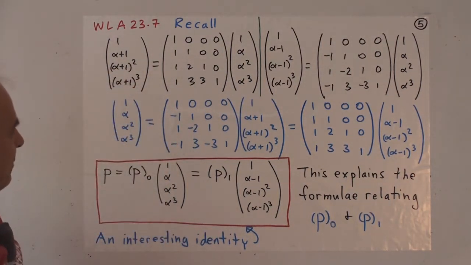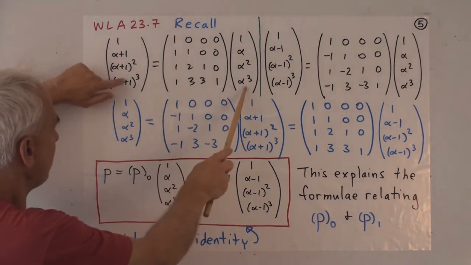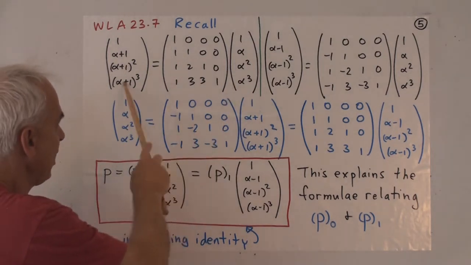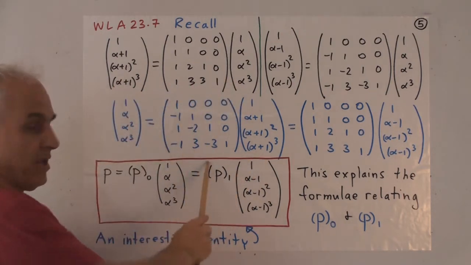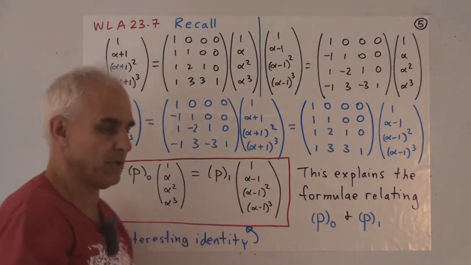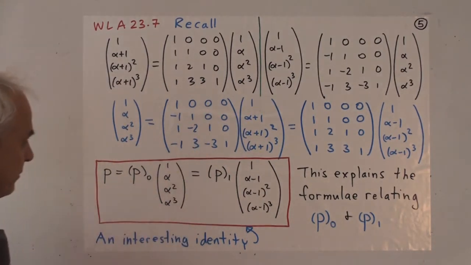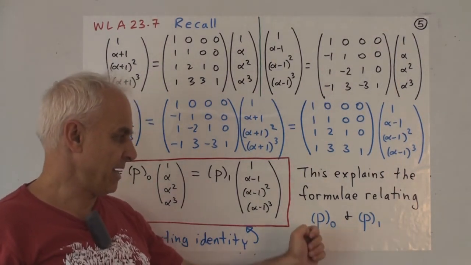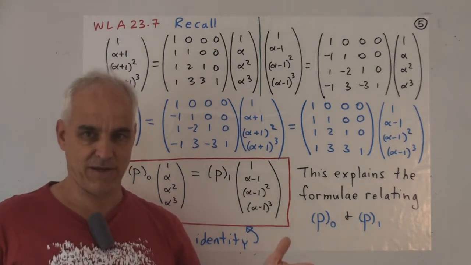Okay, so this makes a number of things clear. It makes it clear why these matrices are inverse matrices. Because the relationship between these two vectors and the relationship between these two vectors is an inverse one. To go from here to here, we multiply by this matrix, and to go backwards from here to here, we multiply by the inverse matrix. So it's convincing us that, yes, these matrices are really inverse matrices. So how can we now explain that formula that we wrote down involving P0 and P1 if we didn't want to do any work initially?